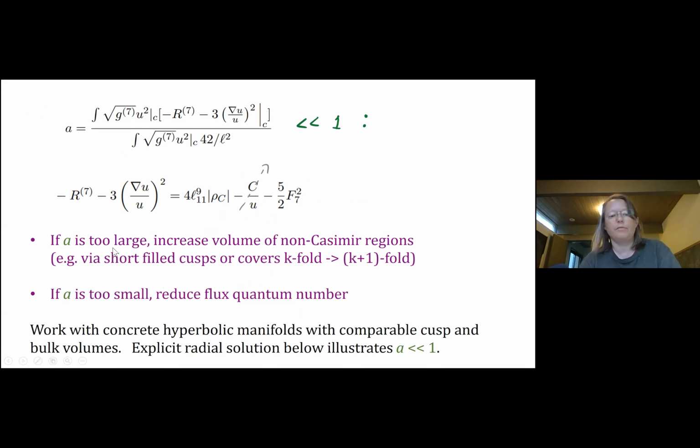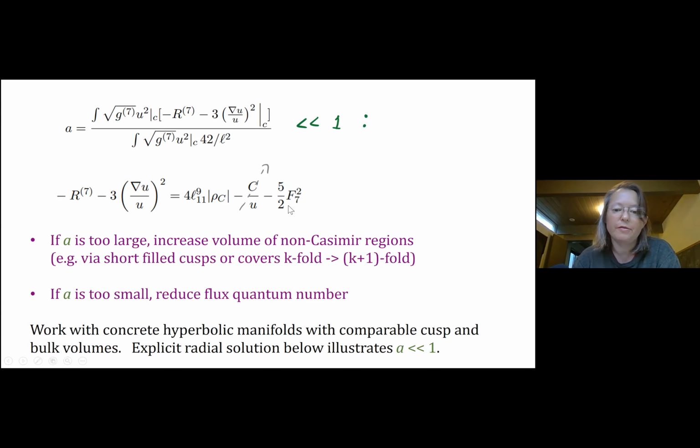More explicitly, here's how we can do that. I'm going to flash a set of very explicit hyperbolic manifolds for which these comments apply, but for now, let me just state it in words. We can start from some value of this ratio A of the net curvature term to the naive curvature term. If this ratio A is too large, we can decrease it by increasing the volume of regions that don't contain strong Casimir energy. That's a very easy thing to do. For example, in these manifolds, and it's a rather common thing in hyperbolic geometry, one can take a K-fold cover and then do a K+1 fold cover and have a very fine variability of the volume containing Casimir cusps compared to that not containing Casimir cusps. We can also make the cusp short or long and in that way change the fraction that contains strong Casimir energy. On the other hand, if A turns out too small, which is kind of a good problem to have, one can increase it